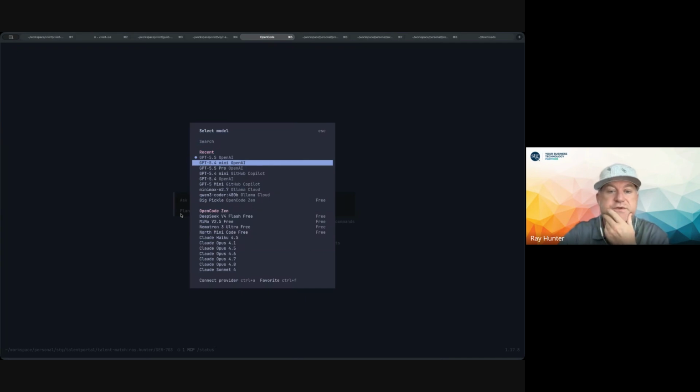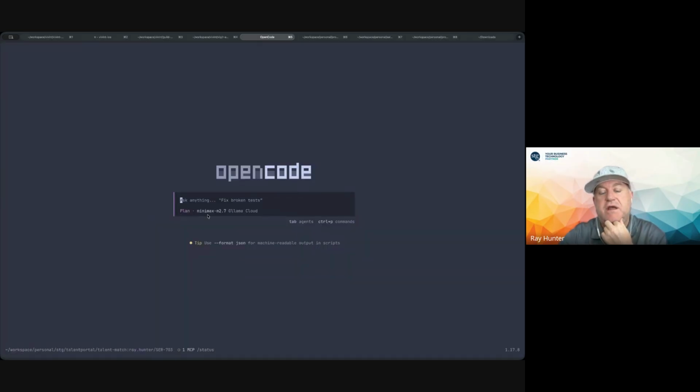Let's just say I want to use Ollama, and I want to use Minimax. I can change it, and now this plan agent will use that model. If I hit tab, notice I have a different model. I can change that to whatever ones I want to use, and then it will use that specific model for that prompt. In the same conversation, you can change the model and bounce between the models and get different results, or you can have it assess and evaluate things within the context window.